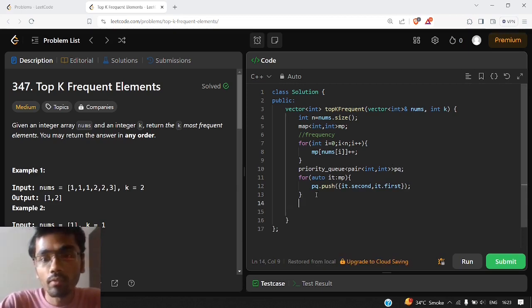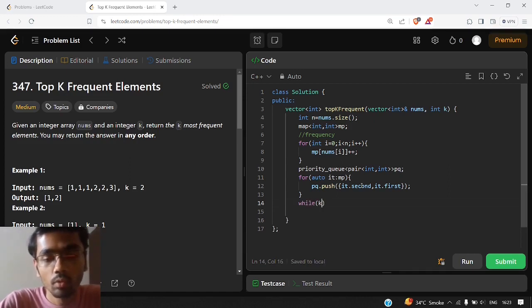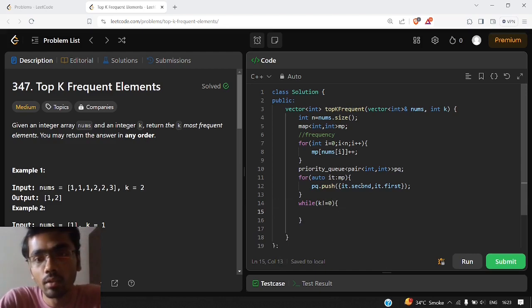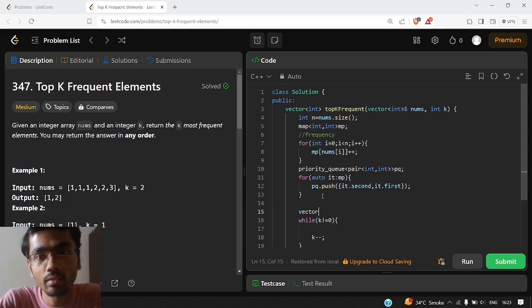So now we have filled our priority queue. The only task remaining is returning the top k elements. For that, we will keep a loop for the top k elements and keep on decrementing our k until our k becomes 0, and we will declare our vector answer, in which we will store the numbers which are occurring the most number of times.